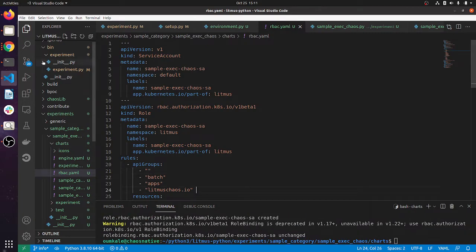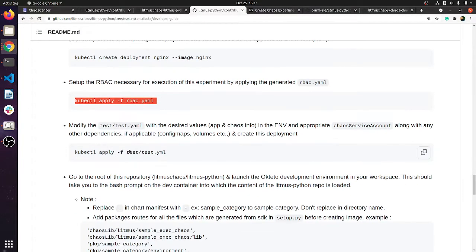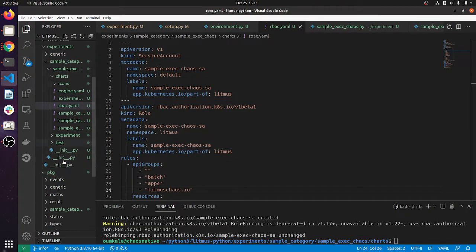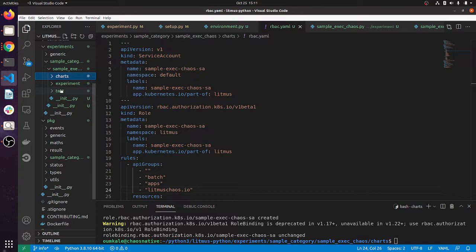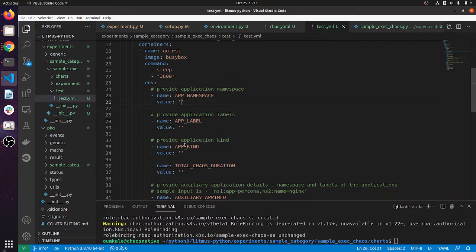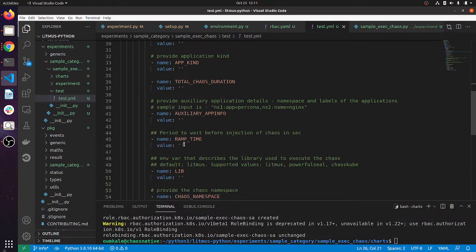It has been created. Okay, perfect. Apply the test file as well. Okay, so this is the test file. Before applying this, we have to update the namespace, label, kind, cross, time and all.